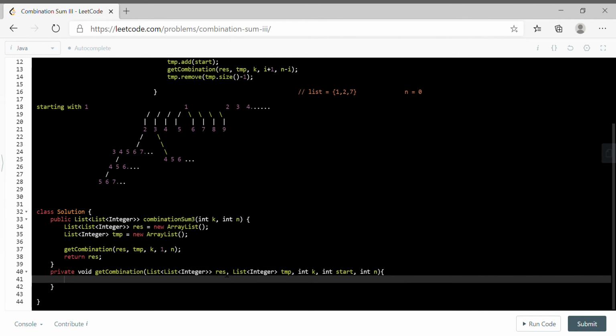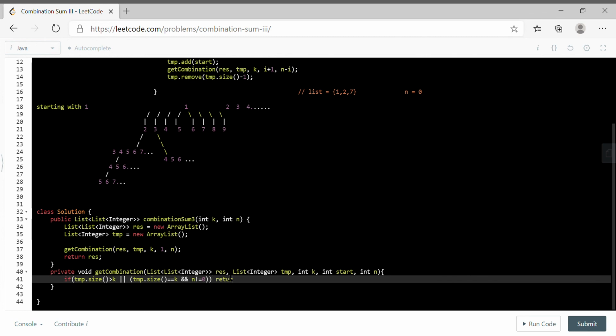So what we did, if temp dot size equal to k, right? Or first we will check if it is greater than k, or temp dot size equal to k and n not equal to 0, right?